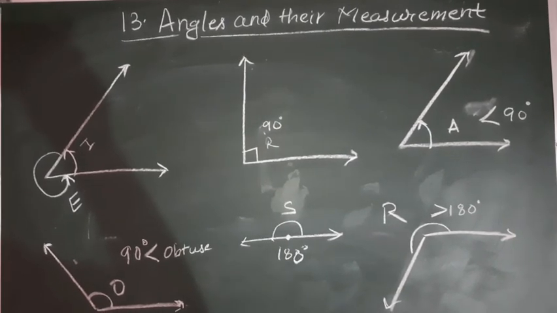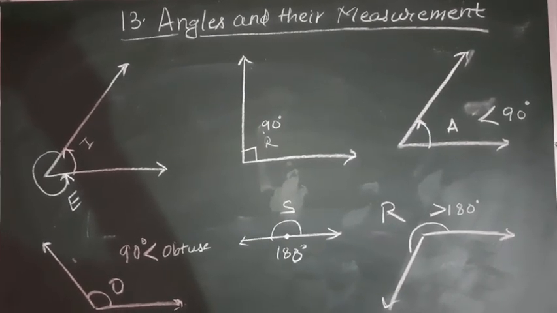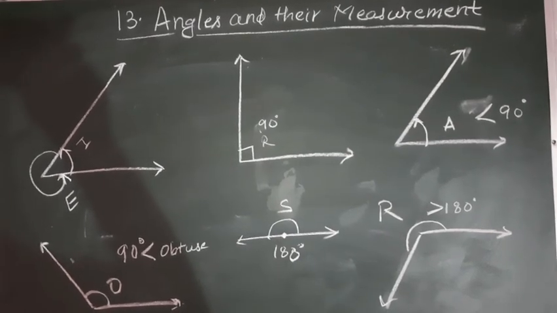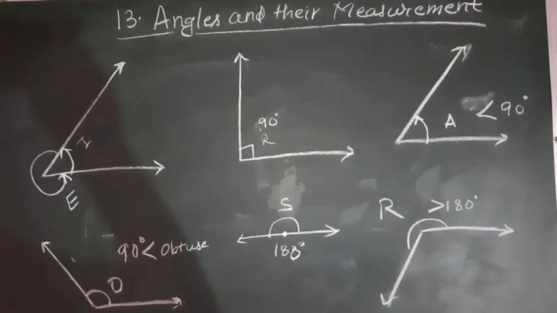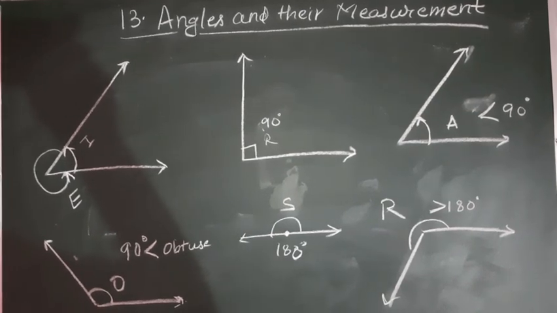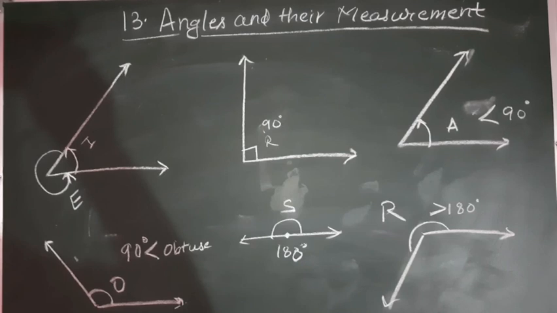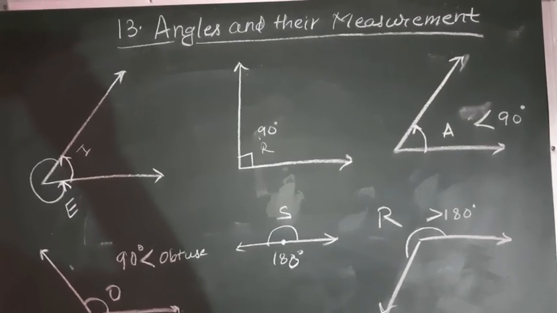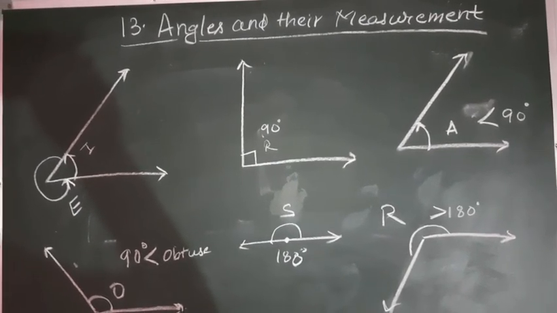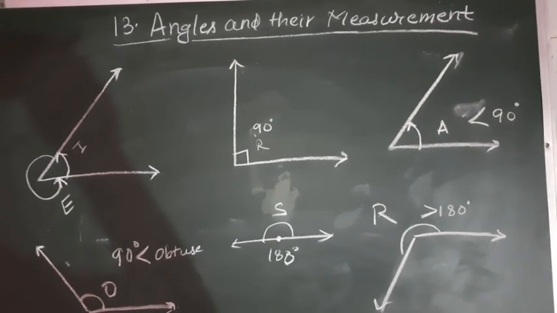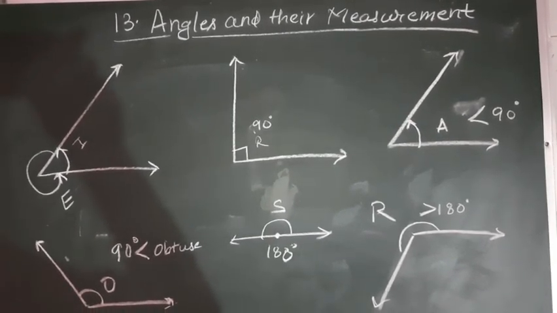And in the fifth image, what I have drawn is a straight angle. S means straight angle. The angle which is of 180 degree, a straight line, that is called a straight angle. Now if you can see in the sixth image, I have drawn a reflex angle. देखिए जो बाहर से measure होगा outside, it is greater than 180 degree. यानी कि straight line से भी वो नीचे की तरफ बना होगा.